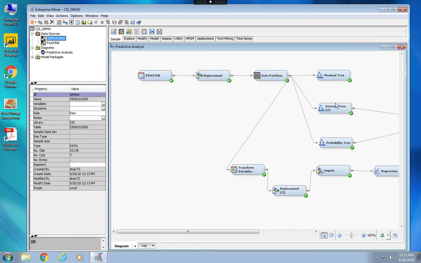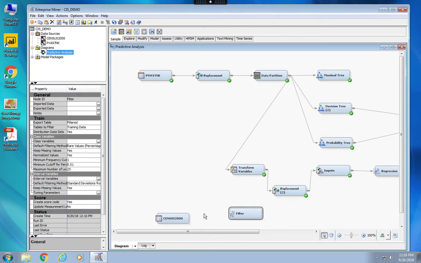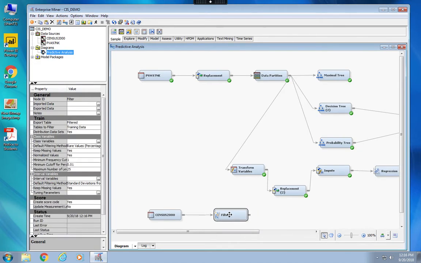And to perform filtering, we will bring a filter node. But before that, you have to drag the new data source. And then you drag the filter tool from sample tab. So here is the filter. And you connect data source to filter. And within filter,